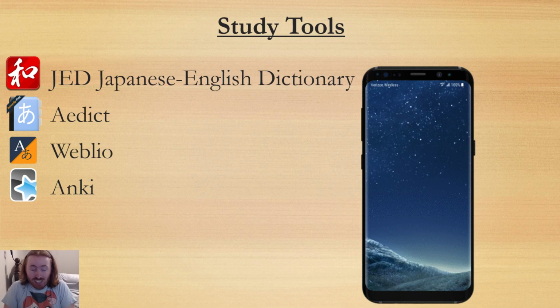I kicked it up to 14 words a day, and it was going fine, but the way the system works is, like I said, it spaces out how often you see certain cards based on how well you know them or don't know them. So there may be some kanji that you just pick up like that, and you say, I know it immediately. You won't see it for a week, but during the 7 days, you're adding 14 words a day, and what winds up happening is you get like a month into this